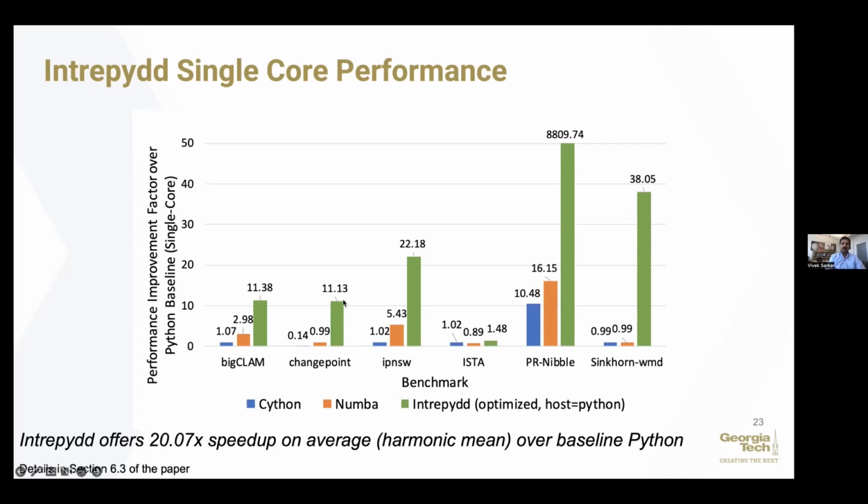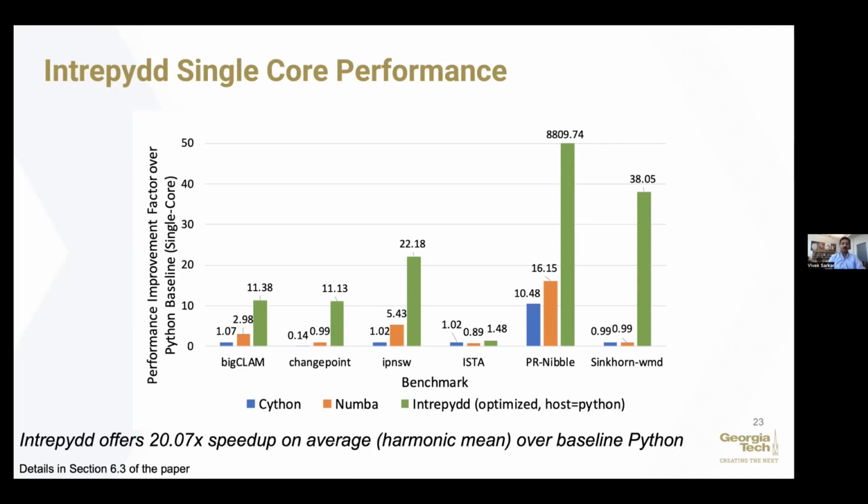And those are green bars. You can see here there's a lot of variation. For example, there's one nearly close to 9,000x performance improvement, and here's 1.5. So the reason for the variation is that it all depends on the extent to which the original Python code